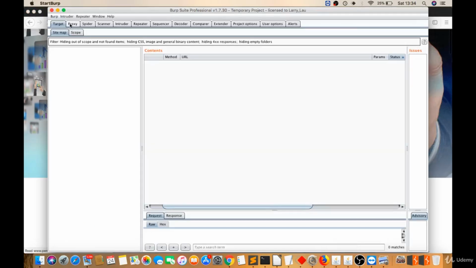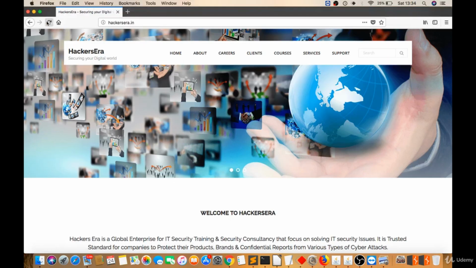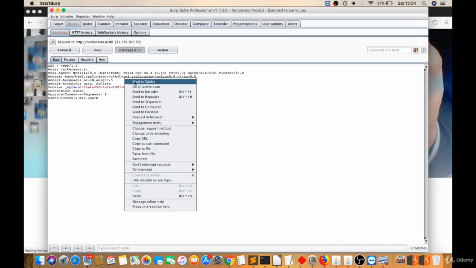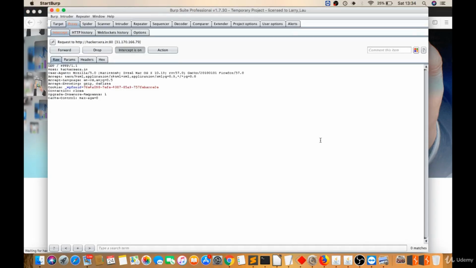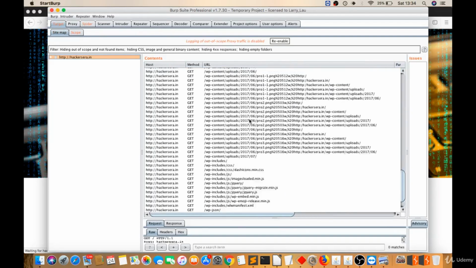Now I'll click on proxy. Intercept is on. Just reload this page. I'll right click and send to spider, so I'll get the maximum URLs in Burp Suite. See, these are the URLs. Now,